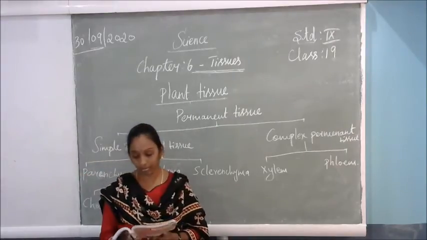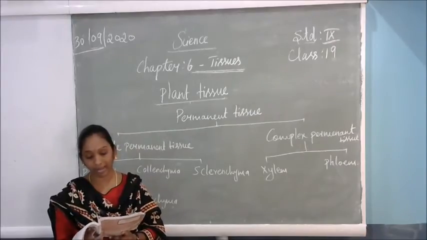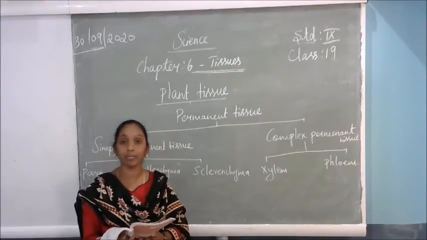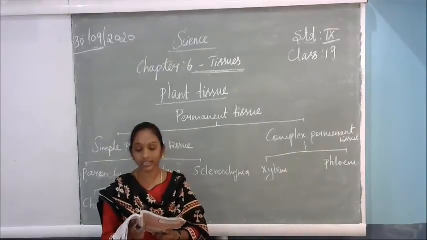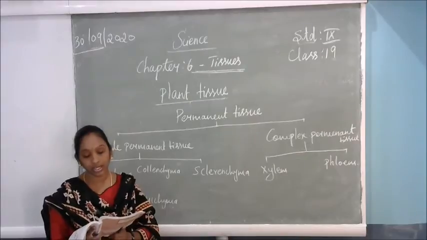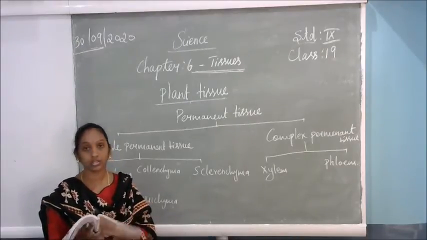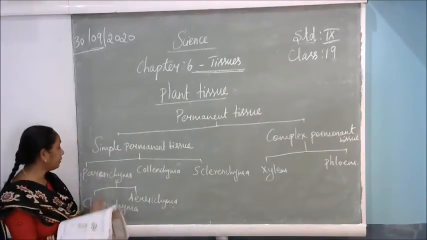What is the use of simple permanent tissues? A few layers of the cells form the basic packing tissues. Some layers will be formed of the cells, so that the cells can make the basic packing of the tissues. This tissue is parenchyma, a type of permanent tissue. So the first simple permanent tissue is parenchyma.